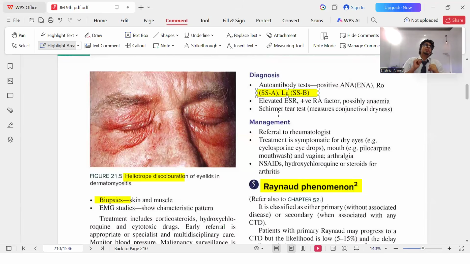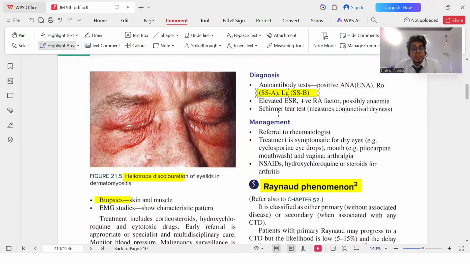Now, important question for exam: what is the initial test? What is the confirmatory test? These are actually two important things for the exam. Answer: of course, you can do a blood test, but there is a thing called the Schirmer test. What is that? You take a small litmus paper, you put it into the eye. Normally, the amount is supposed to be wet. Now it will be very less. You can also do blood tests like serology. So the Schirmer test and the blood test are the initial tests.